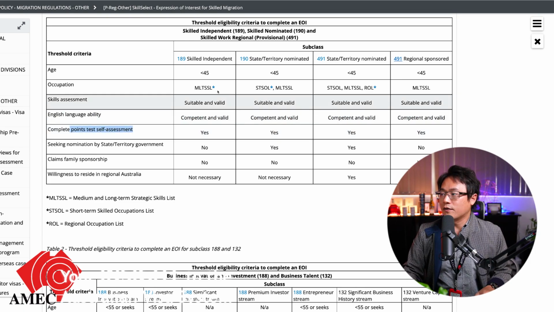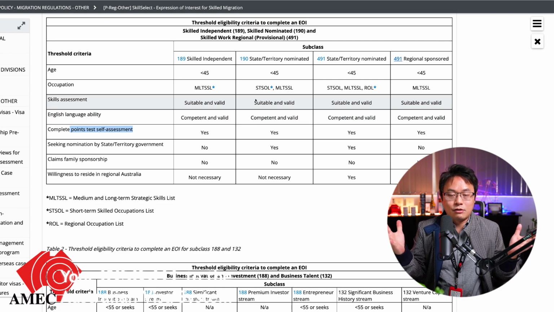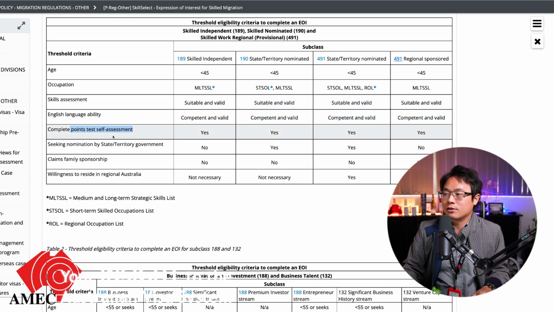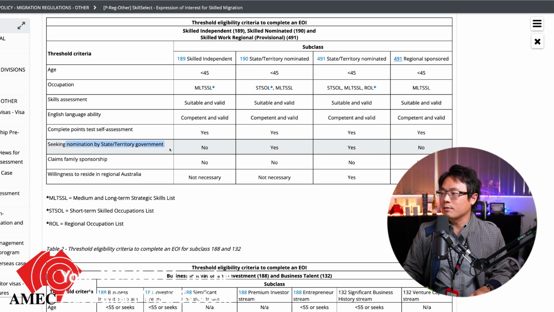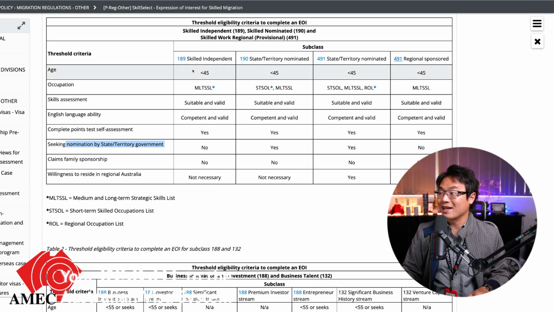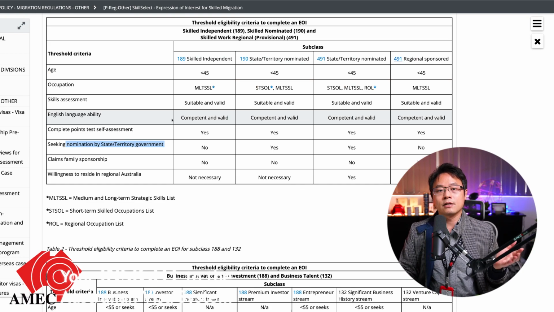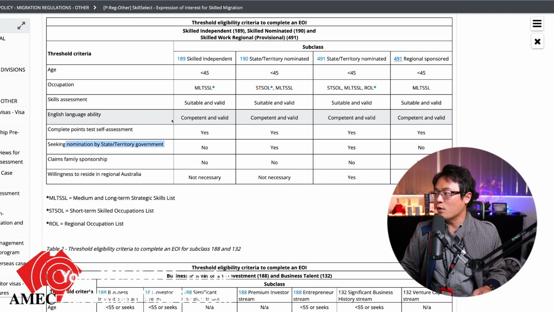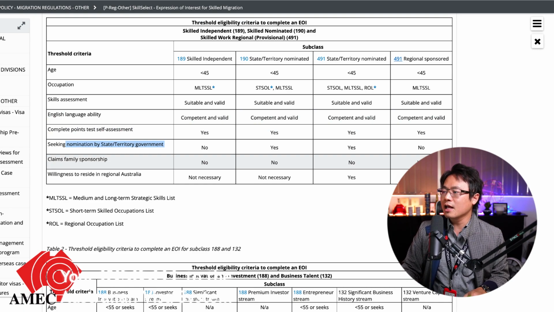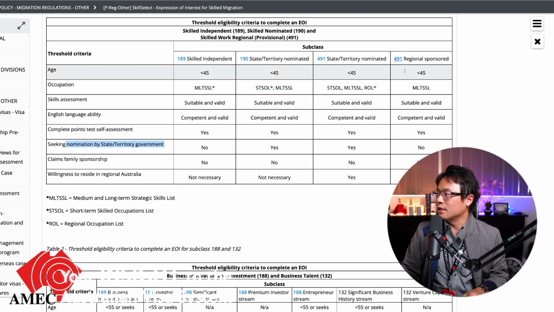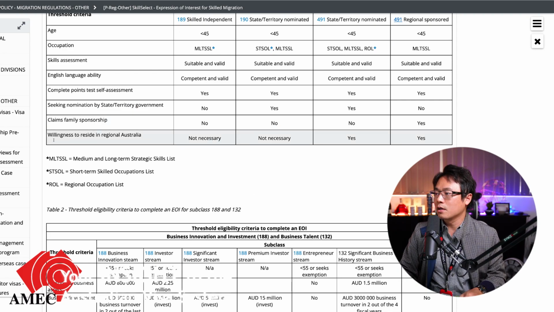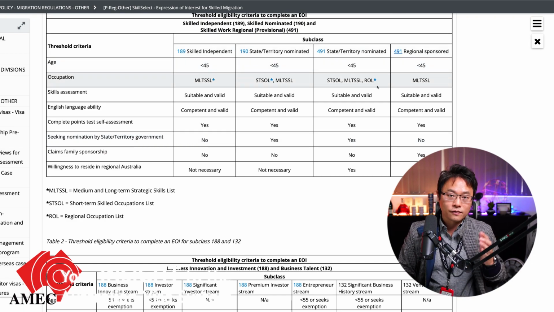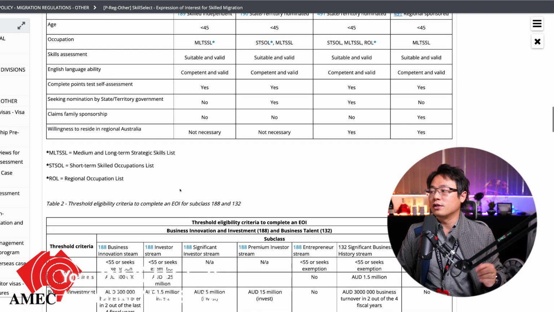So obviously, if you've done all that, you have to be at least 65 points. Otherwise, you cannot do anything with it. So it requires state and territory government nominations. Obviously, only 189 is not, because 189 is for the federal government, for the Department of Immigration to consider. Claiming family sponsor, only the last bit for the 491 regional, as you can see there, and willingness to reside in regional, only the last two 491, because 491 is created for regional skilled